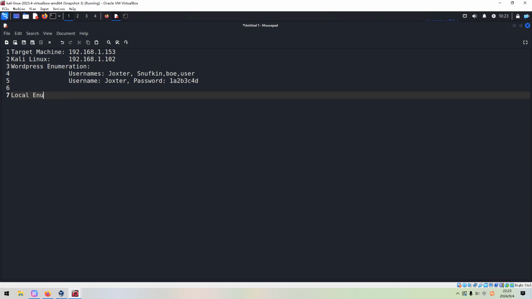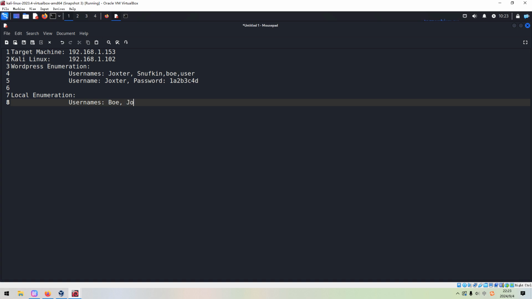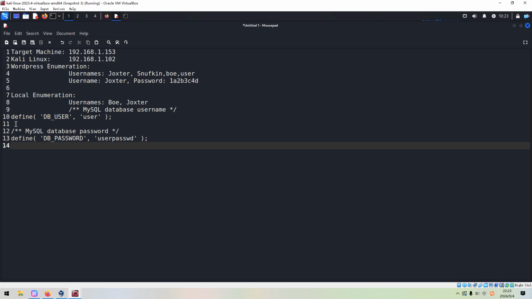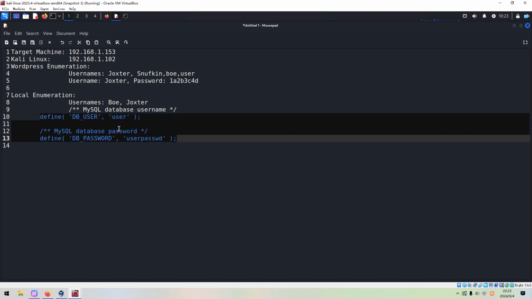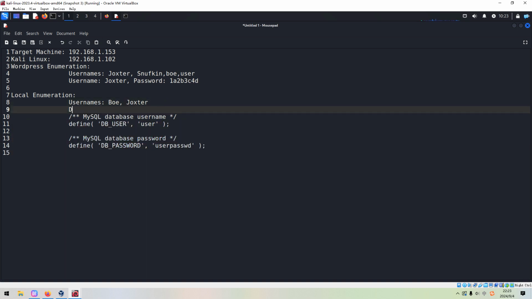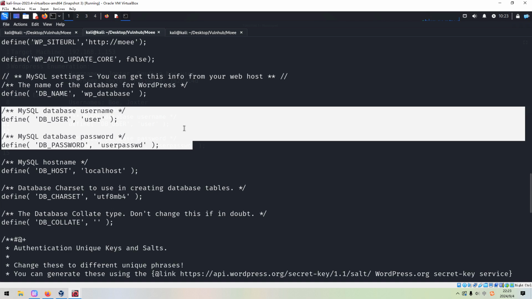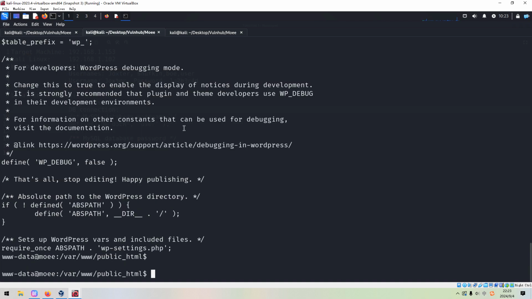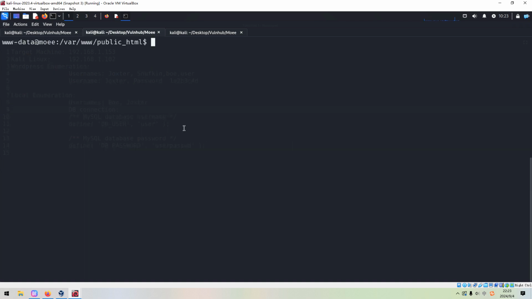Local enumeration and two users, usernames Boy and also Jockster, and connection. Okay, so next I think it's obvious we need to log into the MySQL,